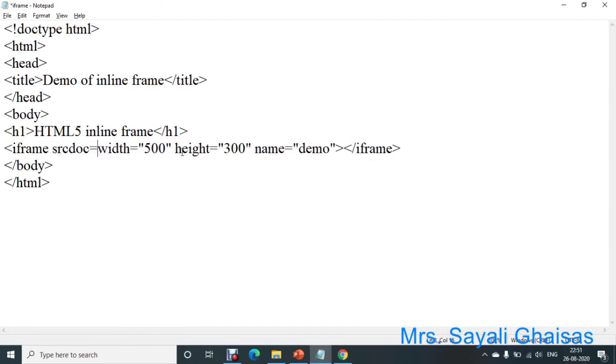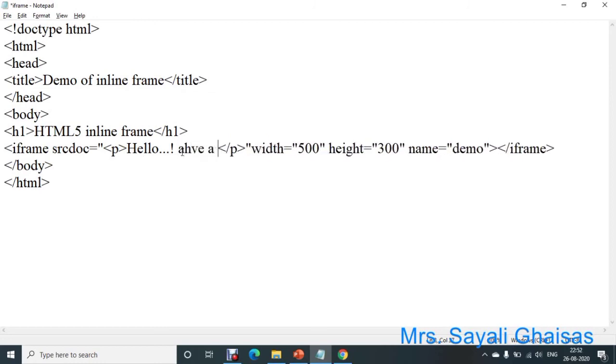So srcdoc is equal to, in double quotes, we have to provide the HTML content. Suppose that content is within a p tag, p and end of p, and here you can specify any content. Suppose, hello, have a nice day.